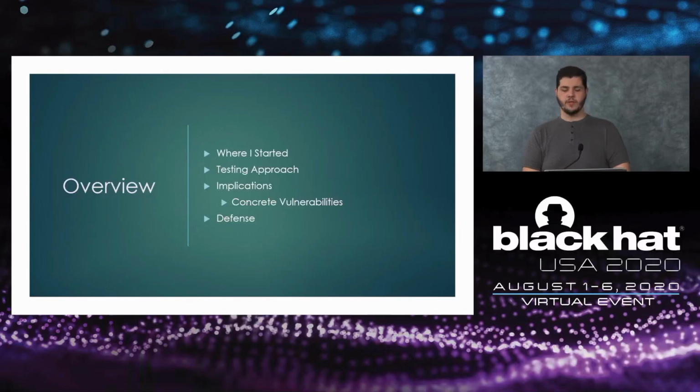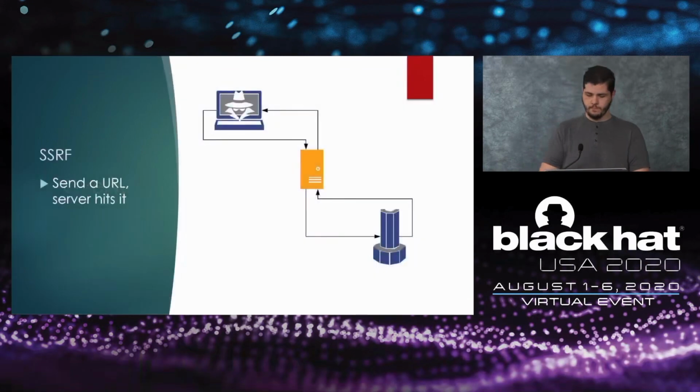But here's where I'm going with this. Because not everyone is into these sorts of attacks, I'm going to start off with exactly what makes this useful as an attacker. I'll then move on to some stuff that shows just how widely these attacks can be applied, and then get to some recommendations for what to do about them. So to start off with, there's an existing category of vulnerability called SSRF. It stands for server-side request forgery. It's where you effectively phish a server into doing something by sending it a URL.